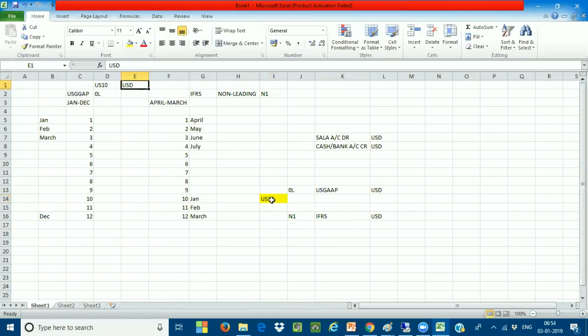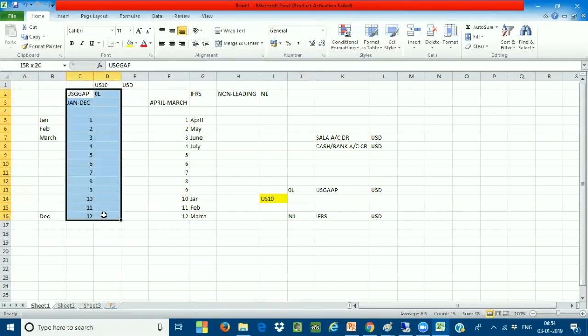So whenever I do any transactions in US10, automatically the default ledger will be your leading ledger, sir. There is no doubt. The system will not ask you to specify which ledger you want to post. Default ledger will be your 0L only. But now, what is the situation here? Unless you do any kind of foreign currency transactions, unless you have transactions which you are making in other countries, my reporting system will remain as US GAAP only. There is no worry, because I'm not doing any other transactions for any country.